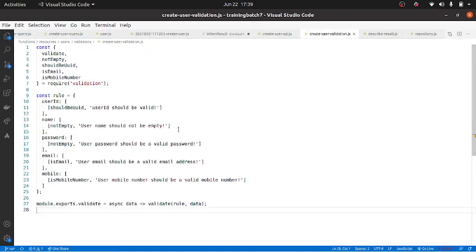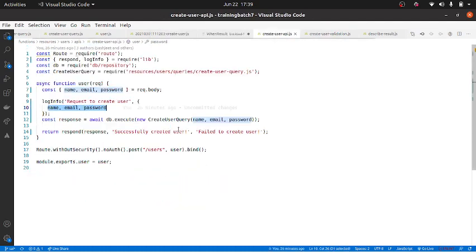In order to validate, we have a simple validation framework that we have built, using which we validate. So how does this validation framework work? Let us look at that.